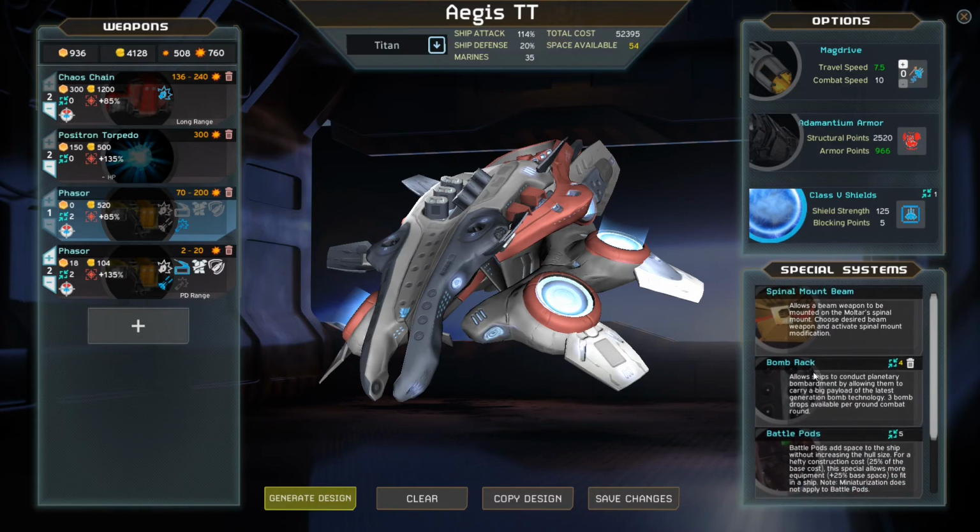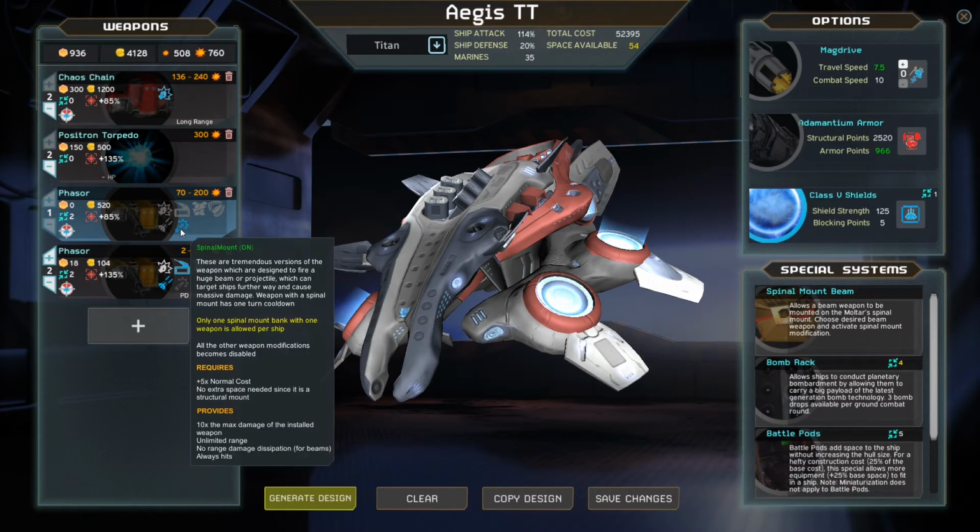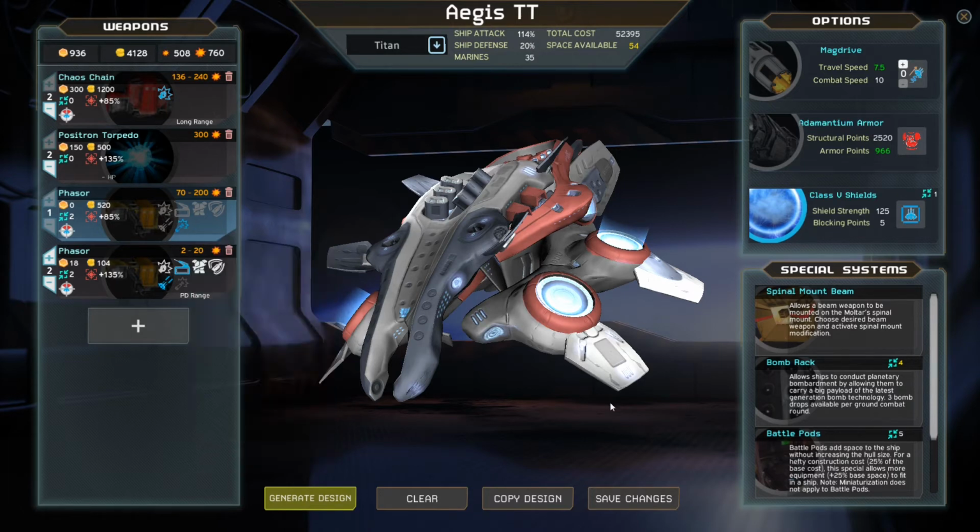And it's given it some bomb racks to bomb planets and a spinal mount beam as well. So it allows you to put one spinal mount upgrade on a weapon to give it super abilities, which looks like I put it on that one. So yeah,